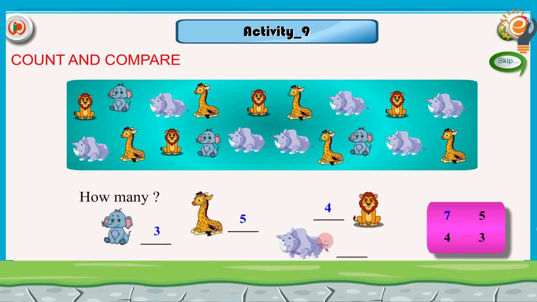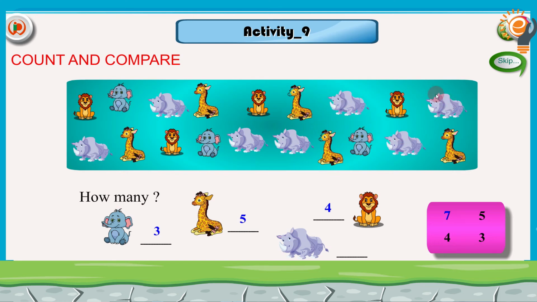Next is the rhinoceros. This is the rhinoceros. This is rhinoceros. This one rhinoceros. This also rhinoceros. And this also rhinoceros. So we will count the rhinoceros now. 1, 2, 3, 4, 5, 6, 7.